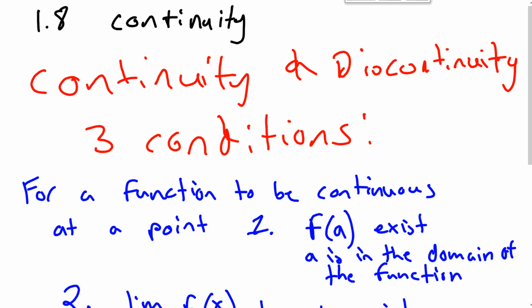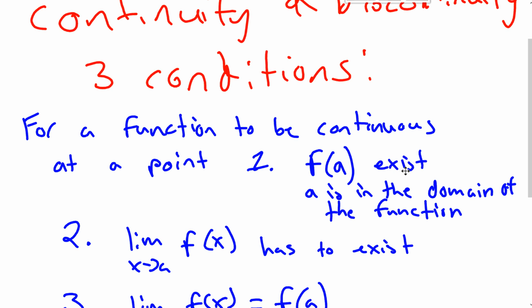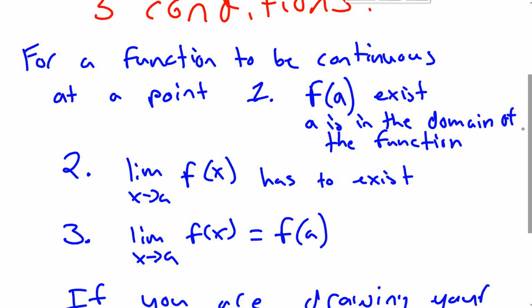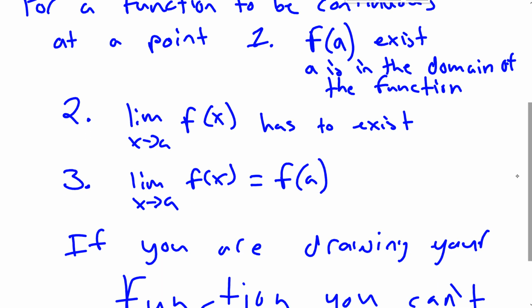So the definition is, for a function to be continuous at a single point, that y value at that point has to exist. So that's condition number one. f of a has to exist, meaning that a is in the domain of the function. And two, the limit at that value also has to exist, as well as the third condition, that limit has to be the same as when you plug in that x